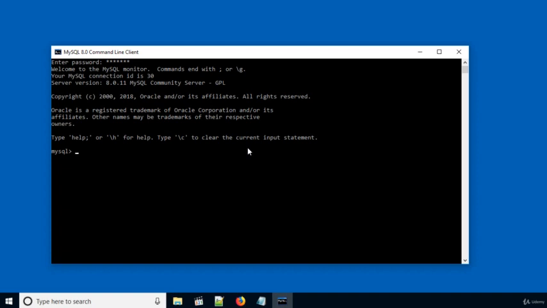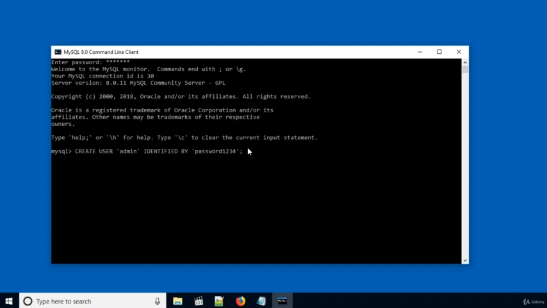Once you are on the MySQL prompt, type create user inside single quotes admin identified by and the password for admin user, that is password 1234.